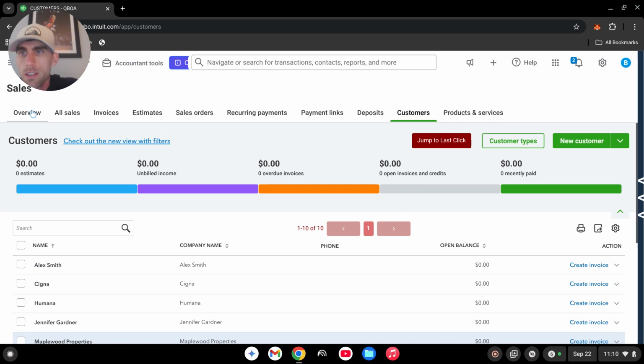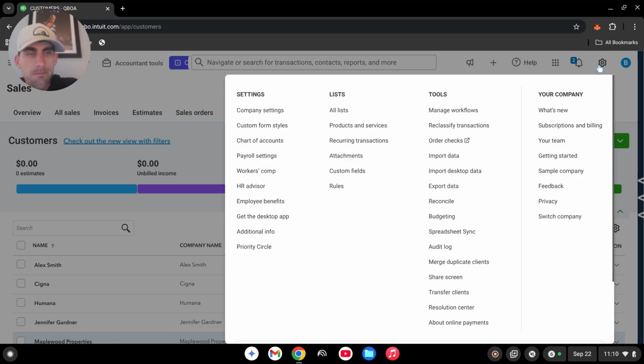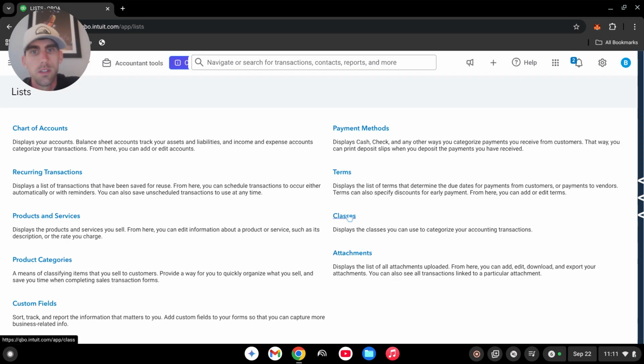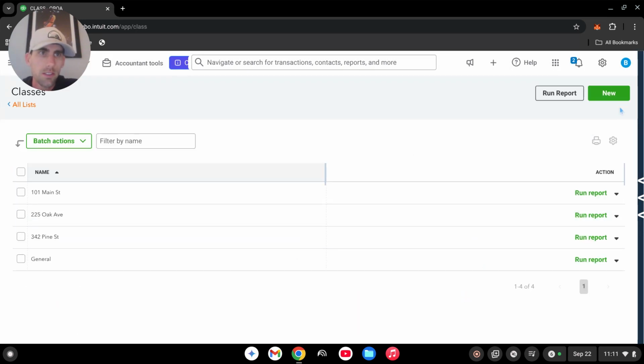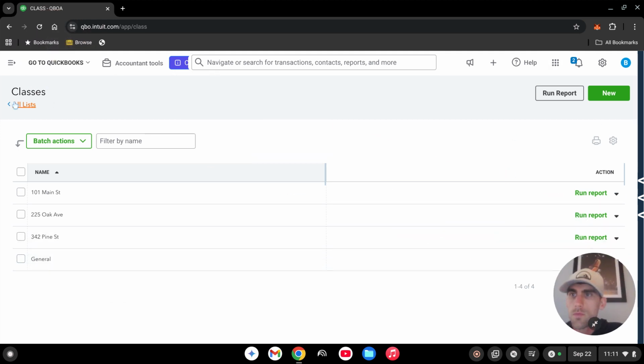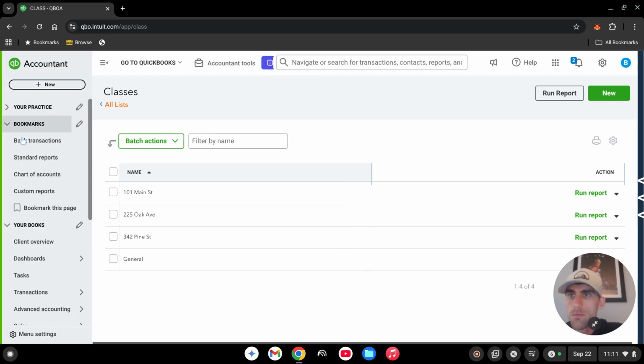And the last thing, if we want a little bit cleaner reports, and I'll show you what that looks like, come into your all list here and go into your classes, and you can set up the class for each property. So we have 101 Main Street, 225 Oak Avenue, 342 Pine Street, and then we'll make a general class as well. So when that is all set up,